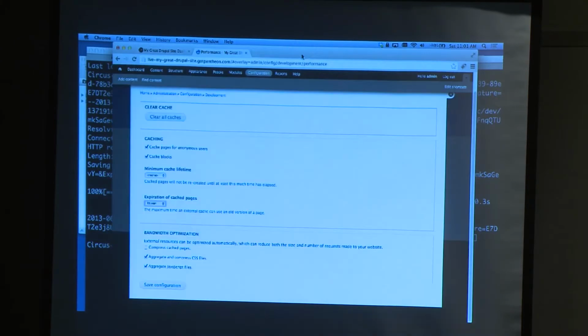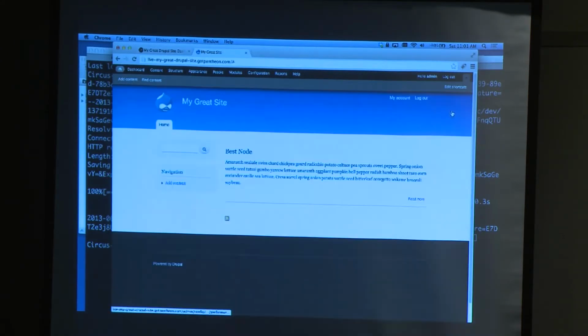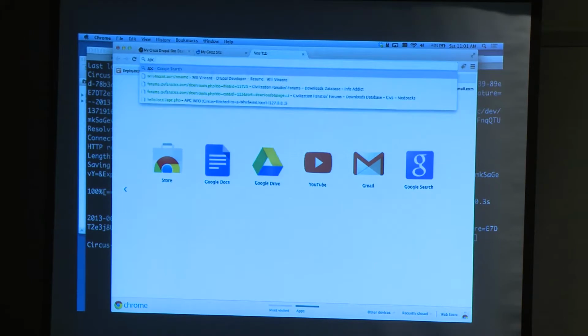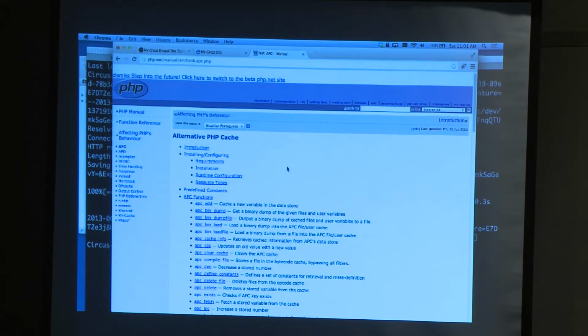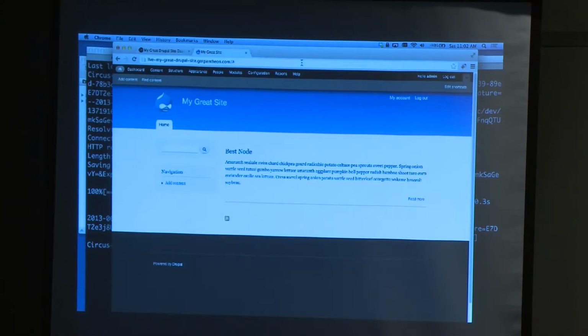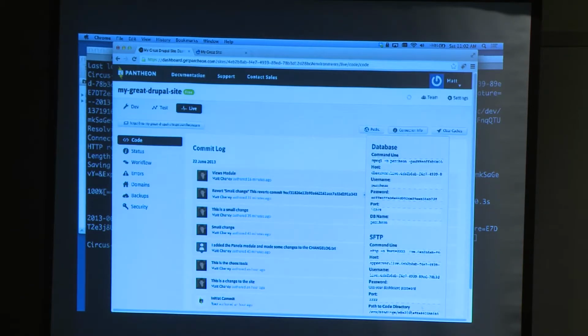Other stuff that's helpful with performance, there's something called APC, which is a pretty nice package for caching. It captures some of the memory objects in PHP. It'll give you about a 3x improvement on performance if you install it. We run that on the platform. Everybody has that by default, no problem. We tweak the MySQL settings and we tweak the PHP settings to make it as high performance as possible. If you're curious about that, one of the things that you also get when you use the SFTP mode,